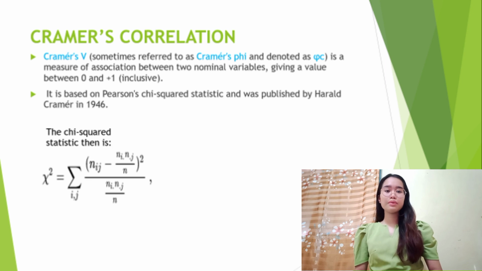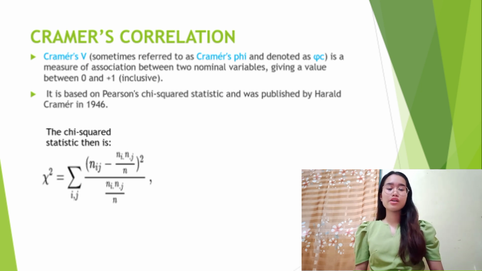Giving a value between 0 and +1, it is based on Pearson's chi-squared statistic and was published by Harold Cramer in 1946. Phi c is the intercorrelation of two discrete variables and may be used with variables having two or more levels. Phi c is a symmetrical